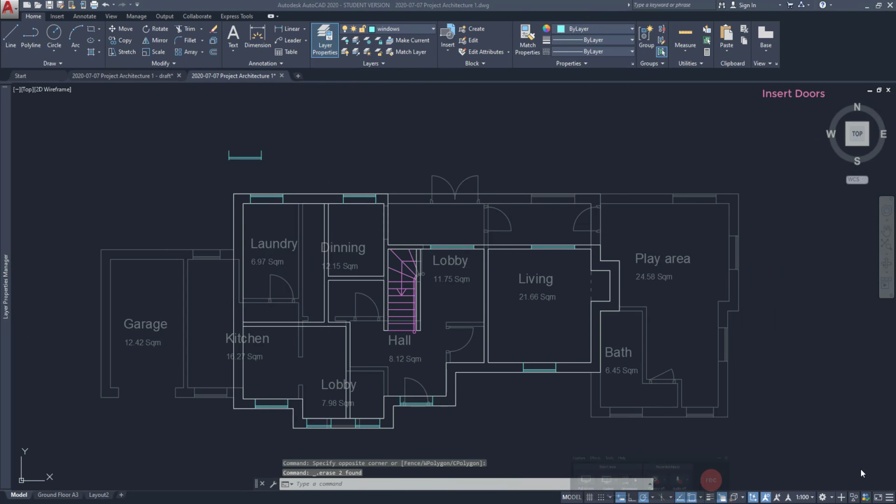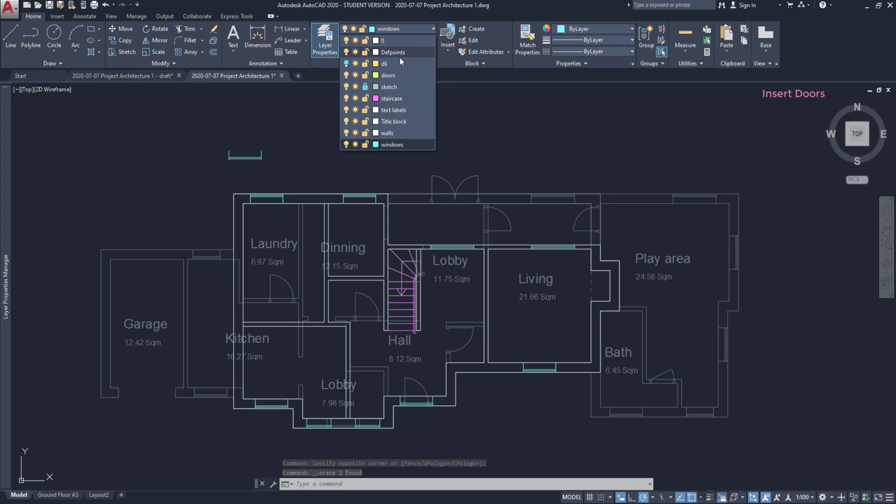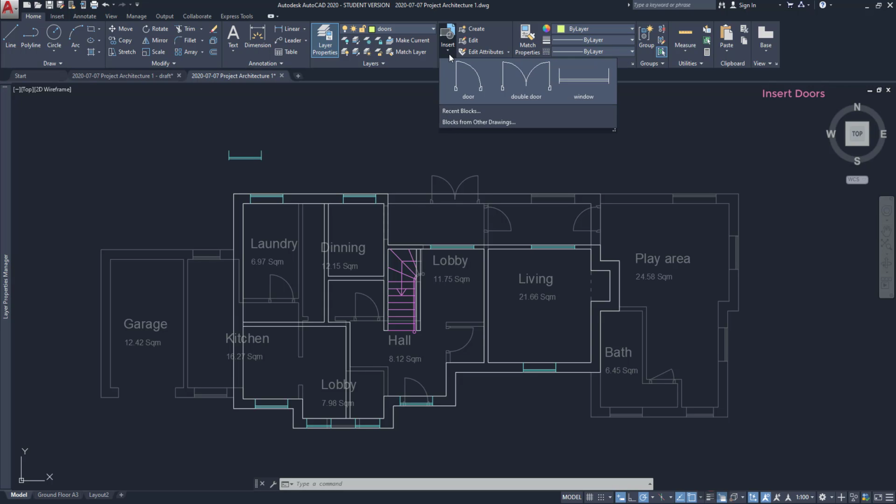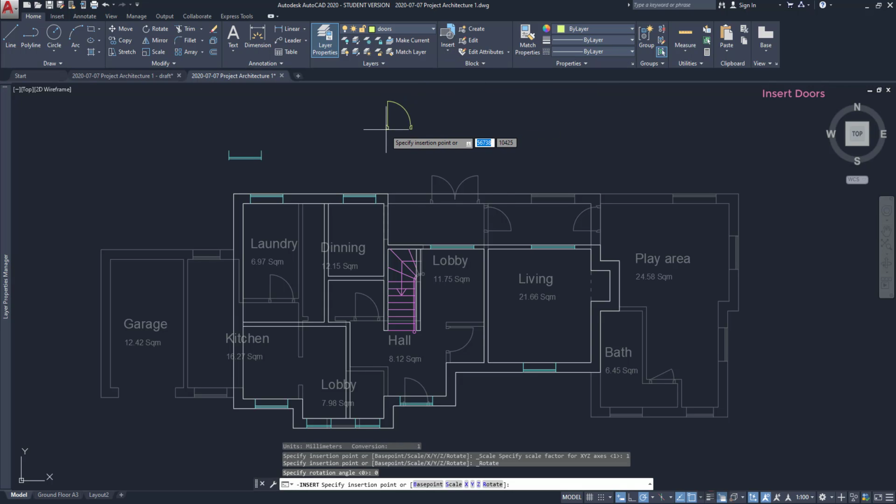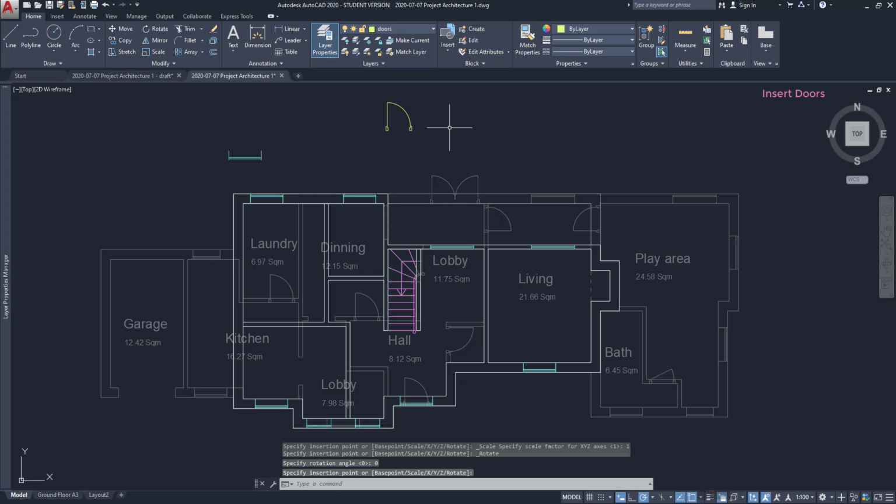On the next part, I'm going to insert the doors on the drawing. Like the windows, they were also created as blocks with parameters. First, I'm going to switch to the layer doors. Then click on Insert at the block panel and click on the door. Place it more or less here. Then I'm going to copy the door to the right